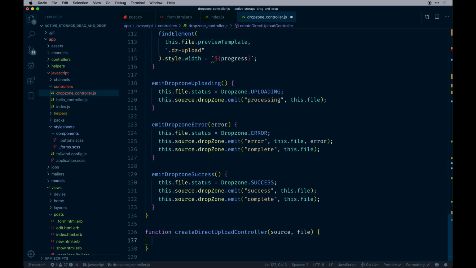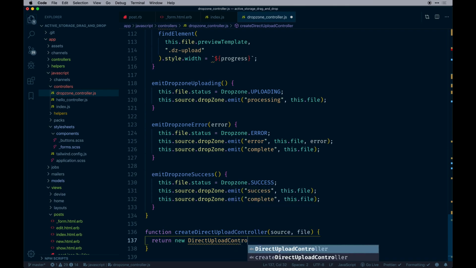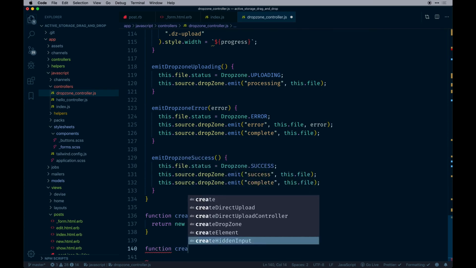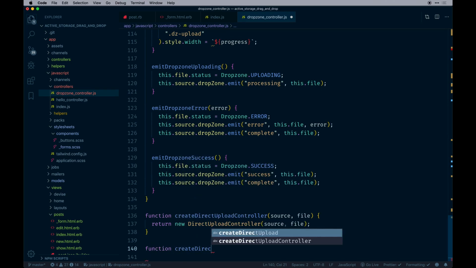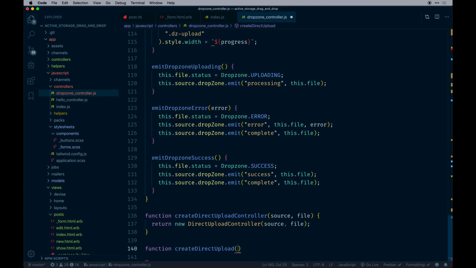It's just a wrapper function around returning a new instance of this thing. So new DirectUploadController